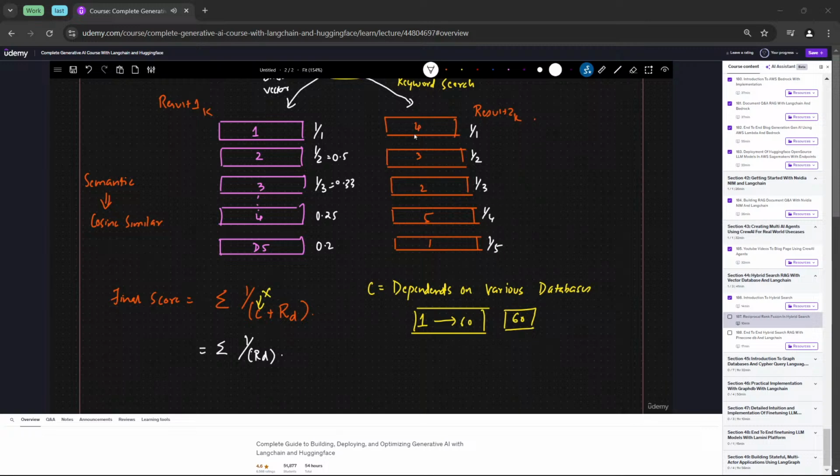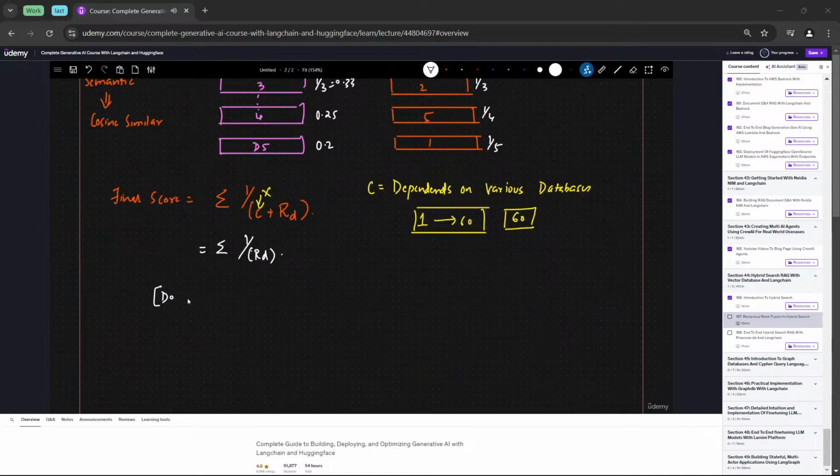So that basically means the document D4 is getting a rank of 1 in this keyword search. Here D4 is getting 0.25. Okay, now when we try to combine the final score, this is important. See this. So if I finally take up document 1,